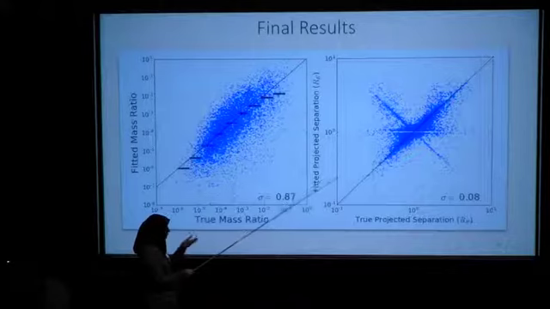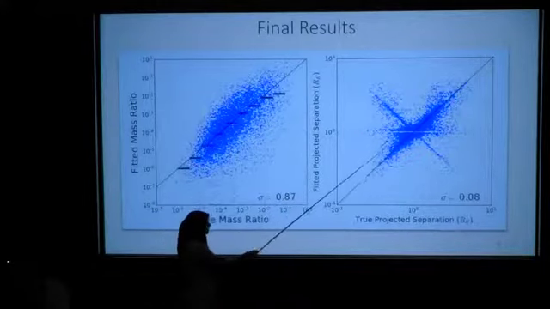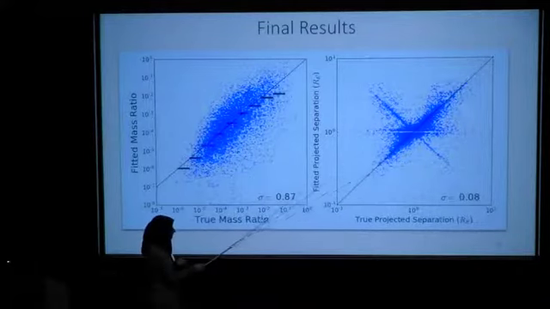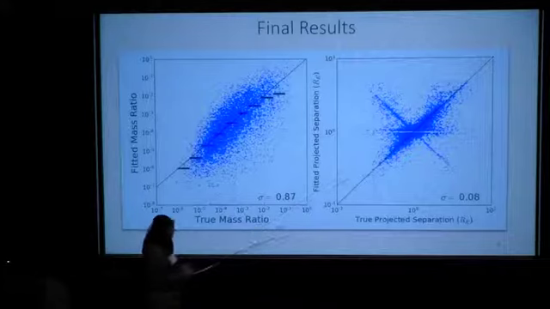There are 2 features seen in this plot. One of them is a set of light curves that have estimated projected separations close to 1. We have tried to eliminate them from this plot, and those are the central caustic perturbations that we didn't expect to get good results for.